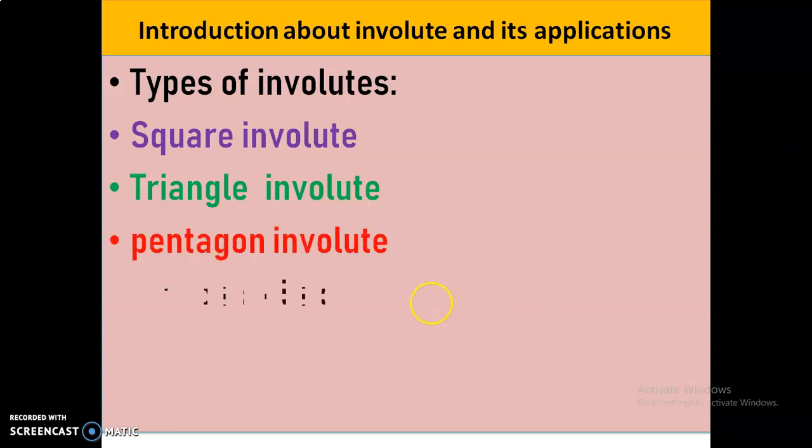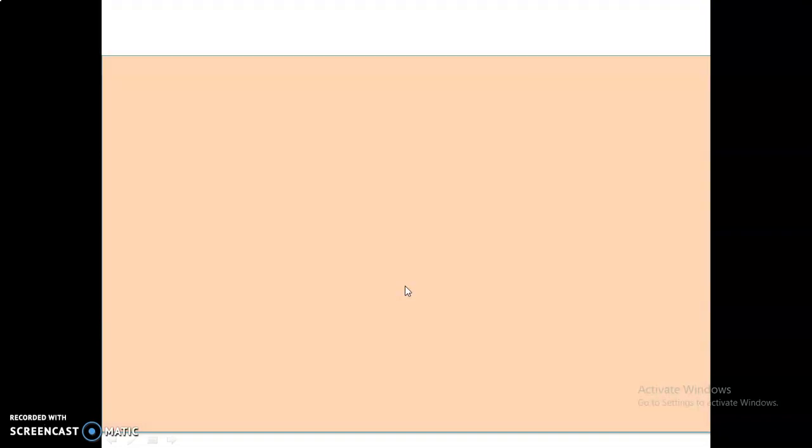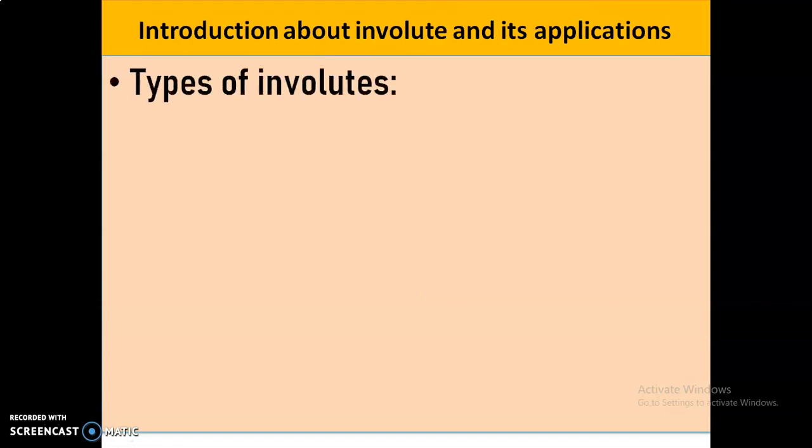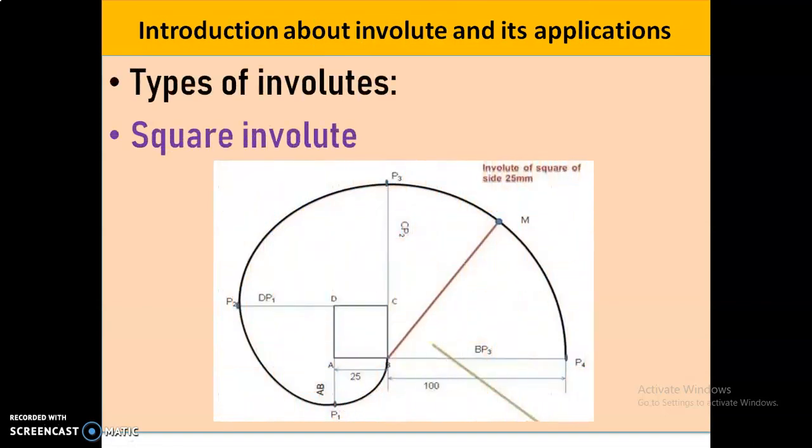So square involute. After constructing the square involute, it will appear like this. See, this is a square involute. This is a square object. If you unwind the thread from the square object, it forms a square involute. This is the final answer.